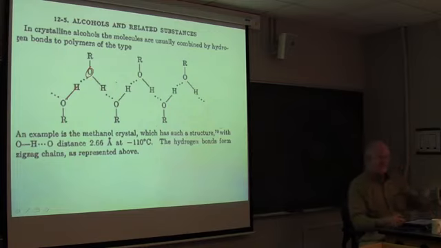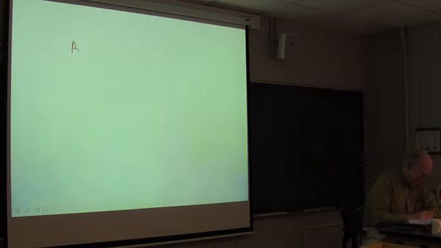So that the solid is essentially a polymer. In fact, if you take an alcohol and you put it in a low polarity solvent, or at least put it in a solvent that doesn't accept or donate hydrogen bonds, what you see